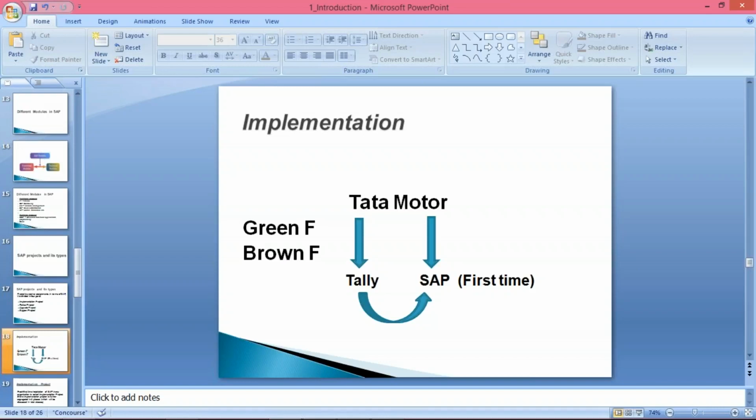So what will happen? Greenfield implementation means totally new, in the sense that plant construction is also going to happen. It means a totally new setup is going to happen. Their corporate office is also being constructed. At the same time, this SAP implementation keeps on going. If a certain deadline is there, let's suppose on a particular date we are going to inaugurate this plant, the plant will become functional, and then production will be started.